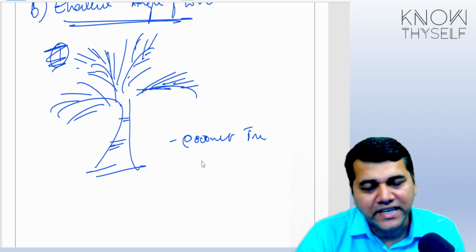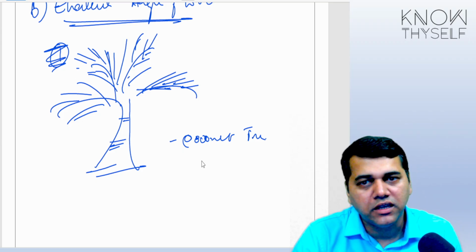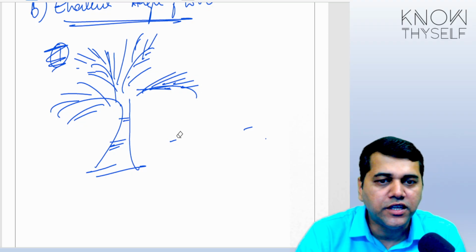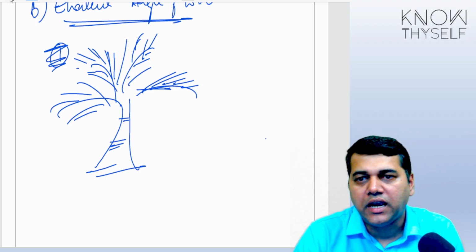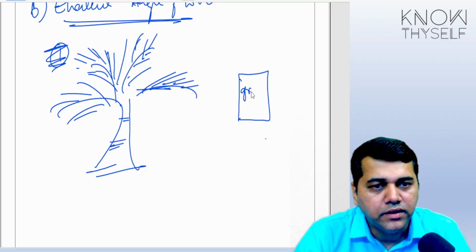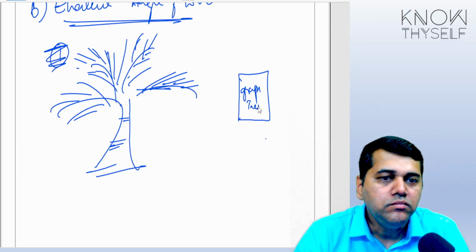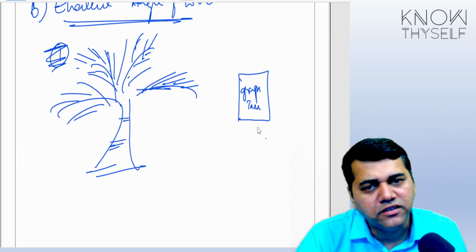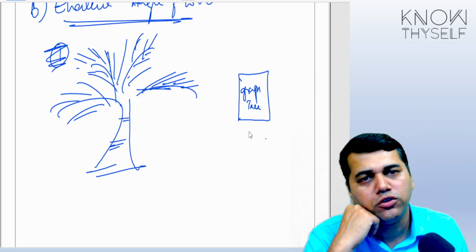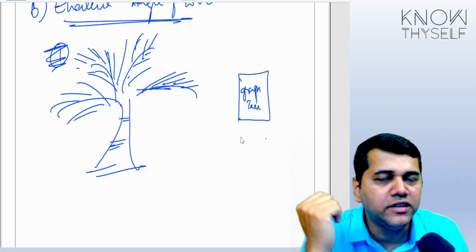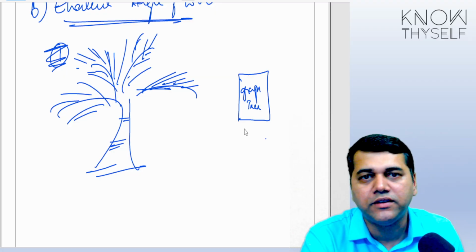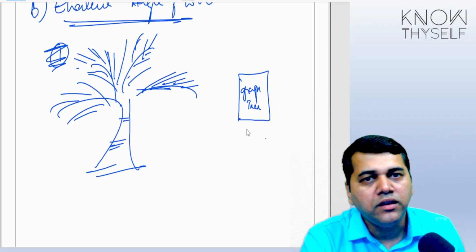You don't know what this tree is all about. Now you will seek an expert. The expert will come, he will study this tree, and finally he will give you one report. And he says that this is a grape tree. Now, immediately you laugh, sir, this is not a grape tree. See, I know, you can question him. But what if you don't know? You end up listening to him. If he says it's a grape tree, it's a grape tree. If he says it's an apple tree, you will say apple tree. Why? Because you are not aware.